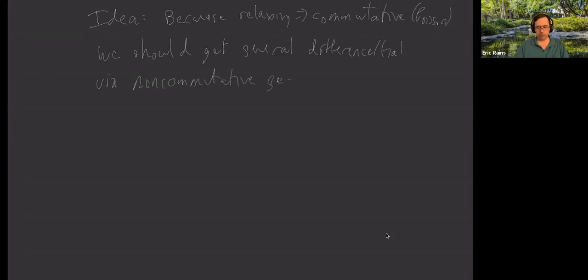Now, a big question, of course, is, what is non-commutative geometry? What is a non-commutative surface? So in particular, what is a non-commutative projective surface, or even rational surface? Well, in general,